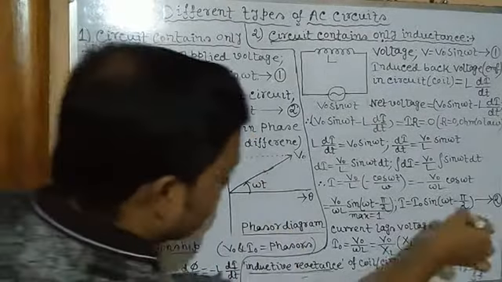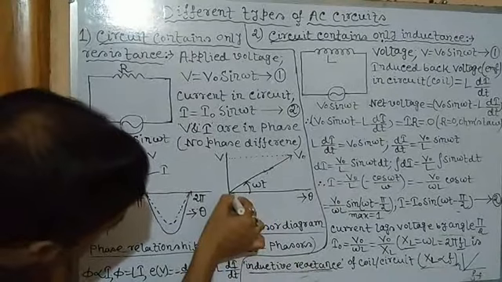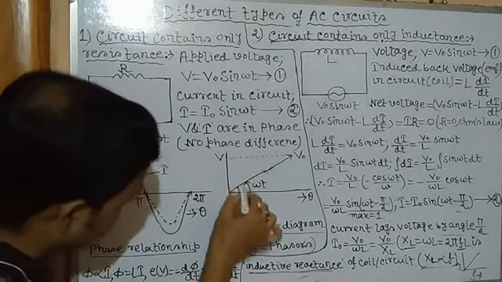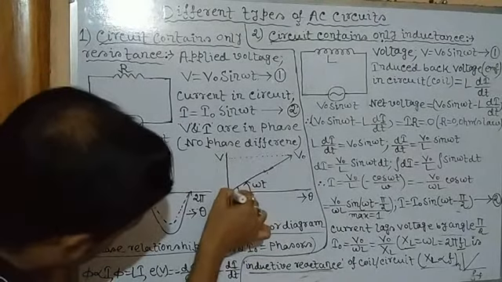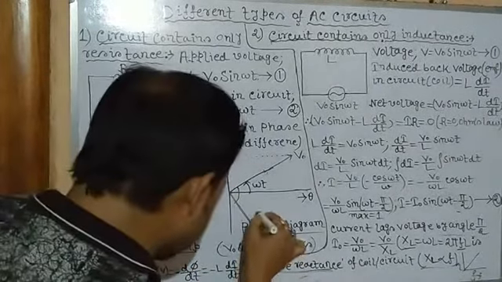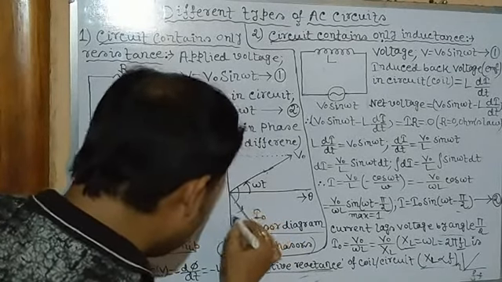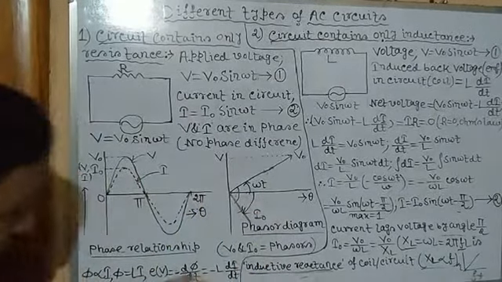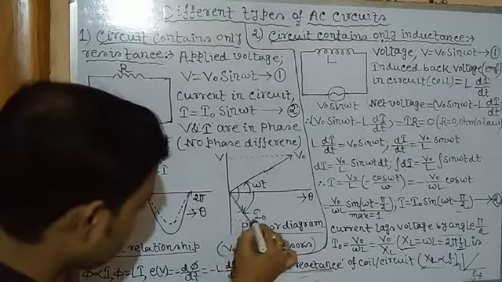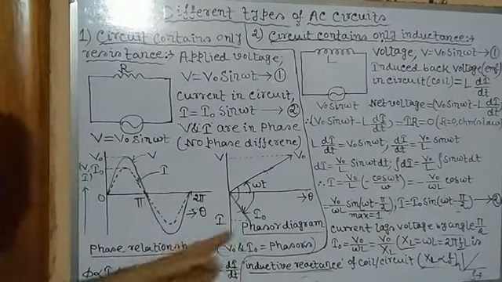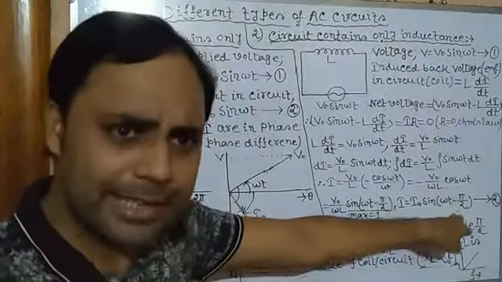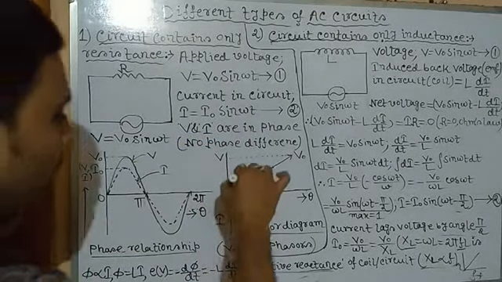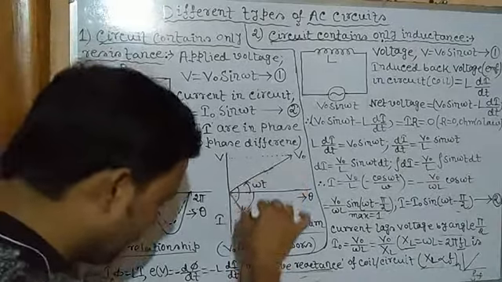So how do we get a 90 degree straight line? We may draw a perpendicular at 90 degrees like this. This is 90 degrees. It is a very easy straight line. So it will represent I0, and here we will show the rotation of I0 in the clockwise direction, which represents lagging by 90 degrees, meaning behind, so that's why clockwise. If we want to make it behind, we will have to draw it in the clockwise direction.